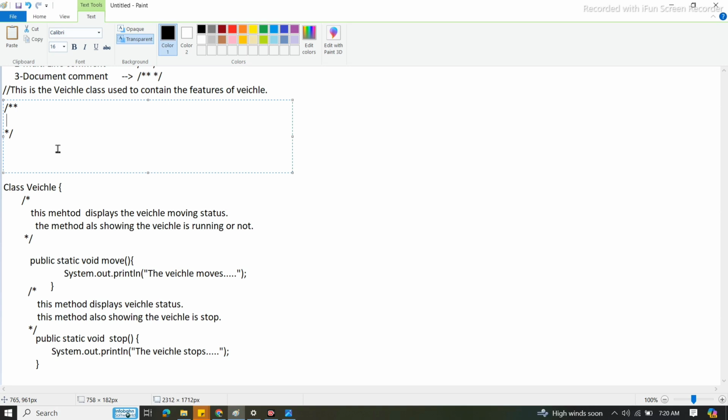Document means what? Suppose here we can write star. In a document comment, if you provide double star, once you press enter, automatically the next star will be generated. That means whatever comes under this slash star star and star slash are all document related comments. Suppose we can write